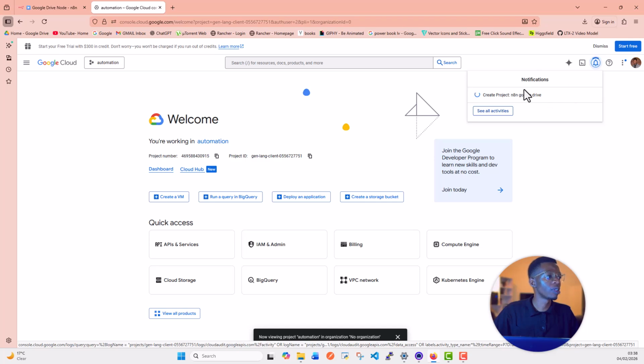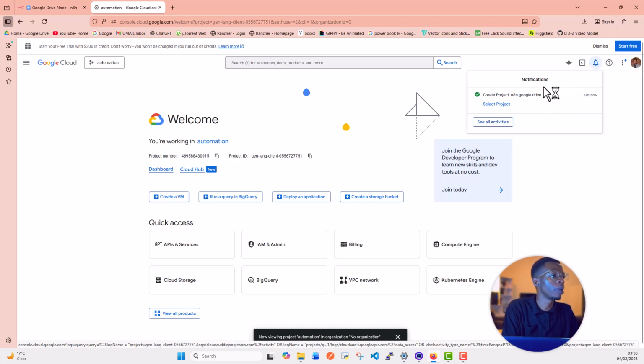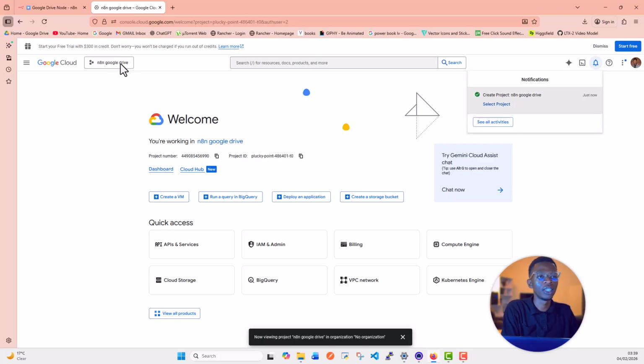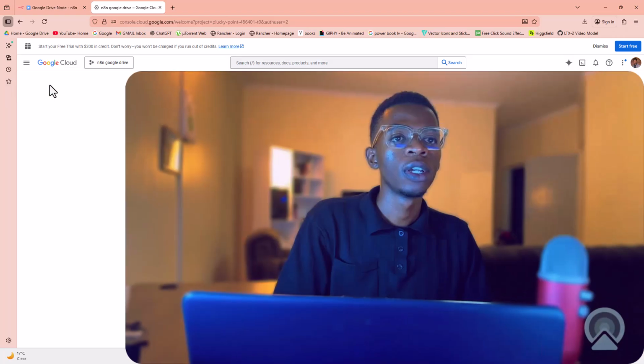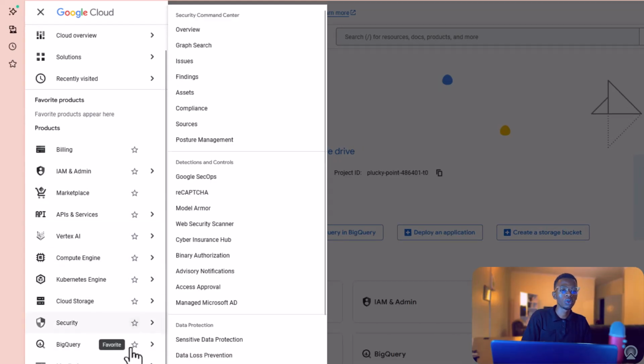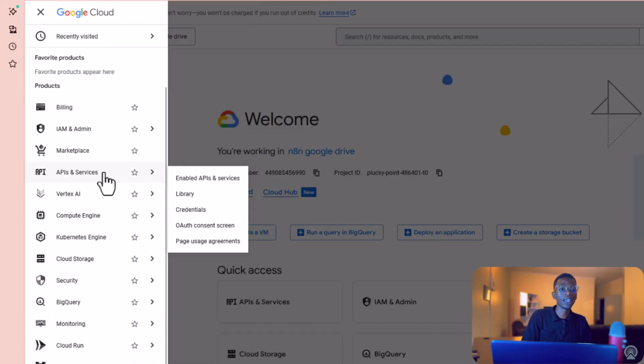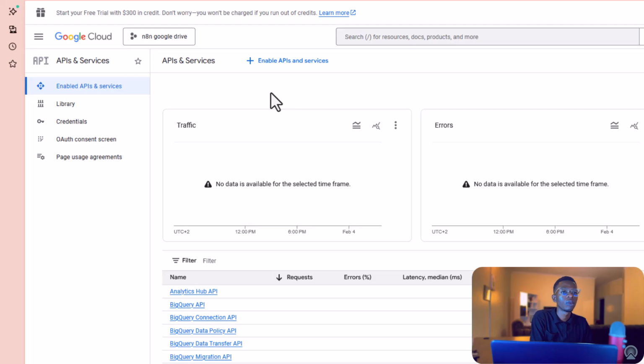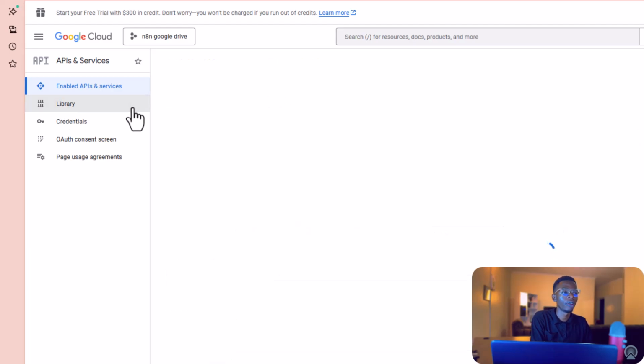It is going to take some time to create the project, but once the project is ready, you can click on select project to make it the default selected project. This is the project that will allow Google Drive and N8N to talk together. But the next step now is to enable the Google Drive API. To do that, you need to click the navigation menu and go to APIs and Services. Here we are going to click under Library,